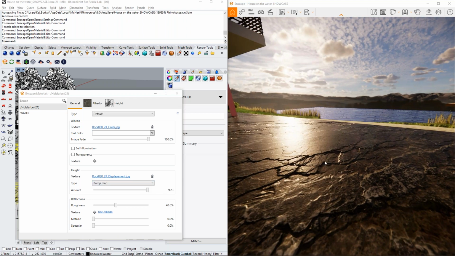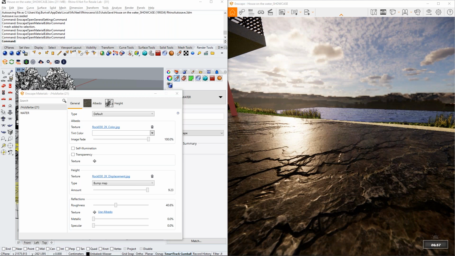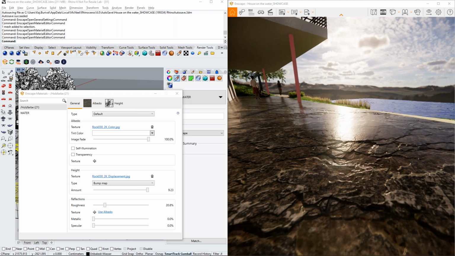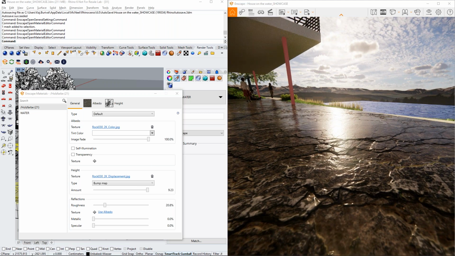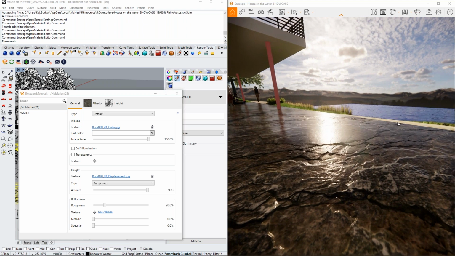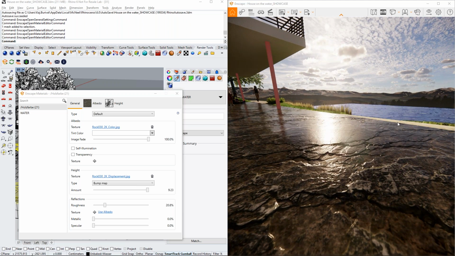So you see we've added a great deal of detail. We can make it even more reflective by dialing down the roughness here to make this effect even stronger. But once again, we have a quite flat surface, and the shape did not really change. This can work really great for some materials like wood, for example. For a rocky surface like this, where we have some really serious surface deformation, we might want to switch to